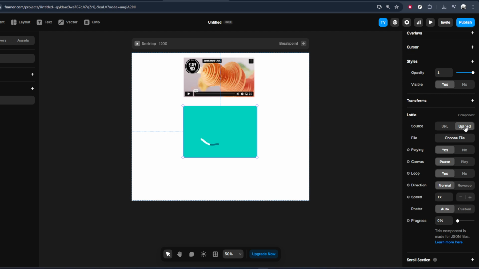If you're using a Lottie file from a service that gives you a direct link, simply copy that link and paste it into the URL field. Framer will pull the animation in automatically. If you have a local JSON Lottie file saved on your machine, choose the upload option and select that file. After the file is connected, you'll